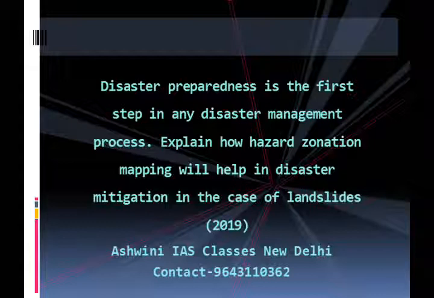Keeping in view the availability of methodologies and requirements of the work, it is suggested that the BIS, that is Bureau of Indian Standards Guidelines, although having some lacunae, may be adopted with certain modifications for carrying out LHZ mapping at the macro scale. The BIS will critically review and revise the guidelines on landslide hazard zonation mapping, taking full advantage of the experiences of the GSI, that is the Geological Survey of India, and other agencies in this field. This will be achieved within the next 2 years. Subsequently, this will be revised every 5 years.